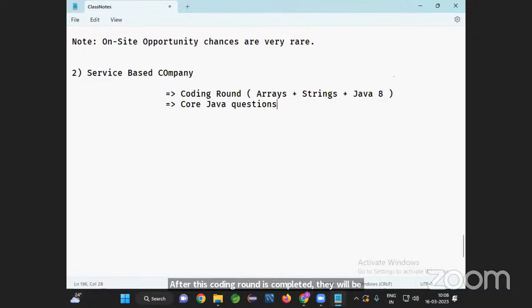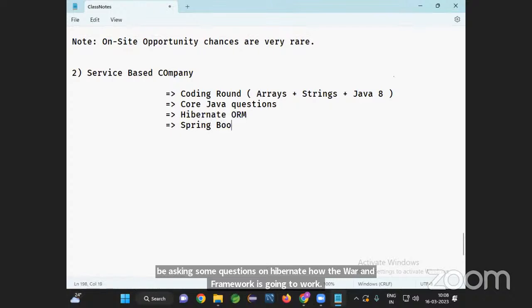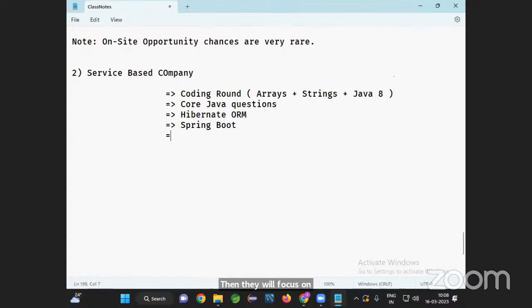Exception handling, multi-threading, OOPS concepts, right? Java 8 streams, lambda expressions. They are going to ask core Java. After core Java, they will be asking some questions on Hibernate, how the ORM framework works. Then they will focus on Spring Boot. They will focus on microservices,